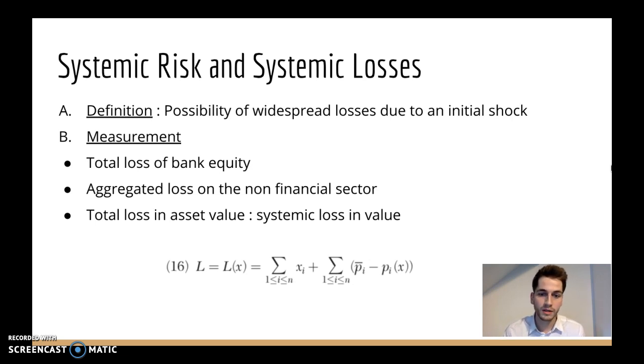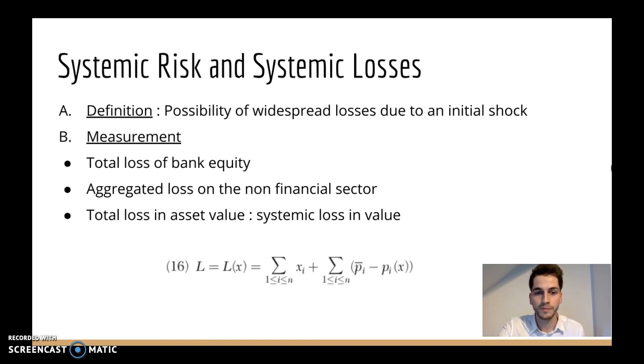The first one consists in computing the total loss of bank equity, which is the measure of the ability of the financial system to extend credit. We could also consider the aggregated loss inflicted on the non-financial sector, defined as the total shortfall in payment from the financial sector to households and non-financial firms. The third one is the total loss in asset value summed over all entities in the system, which is called the systemic loss in value, and represents the total amount by which the value of all claims are reduced relative